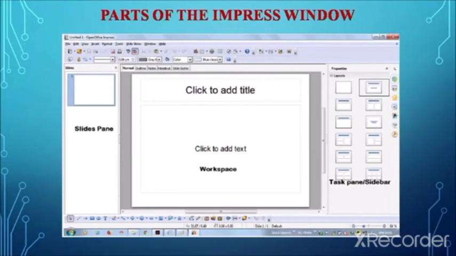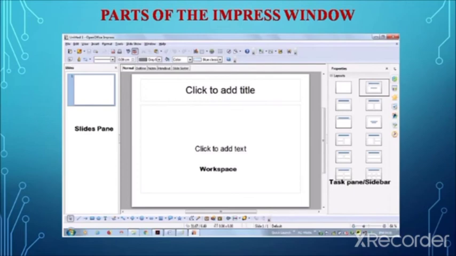So the fifth section in this task pane is the slide transition. Transition is how the slides are to be transferred from slide 1 to slide 2, and it goes on like that. Even no transition effect can be selected. The user can select the transition speed also, like slow, medium, fast, how fast the slide should be moved.